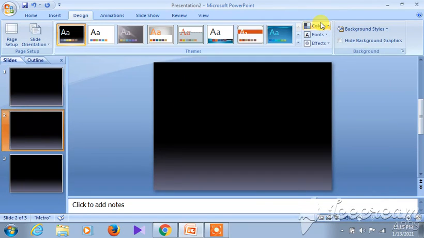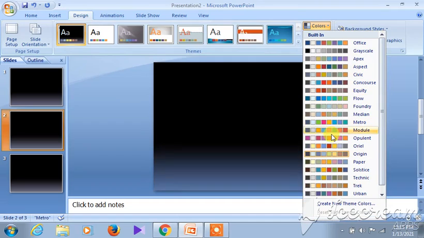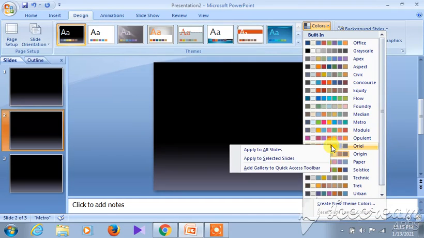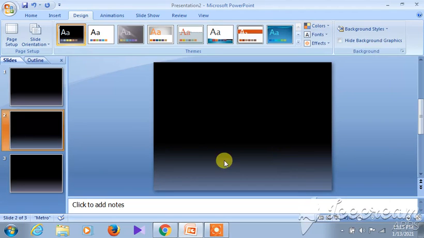I go to the colors once again, right click on it and choose Apply to Selected Slides only. Then only slide number 2 will be changed, but 1 and 3 will remain as they were. You see out here it has changed, but these two remain different, and this one is a little different in shade. In this way you can apply the themes.